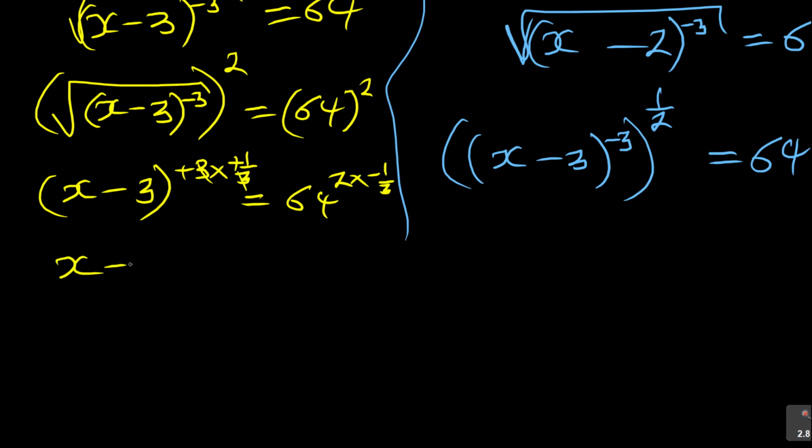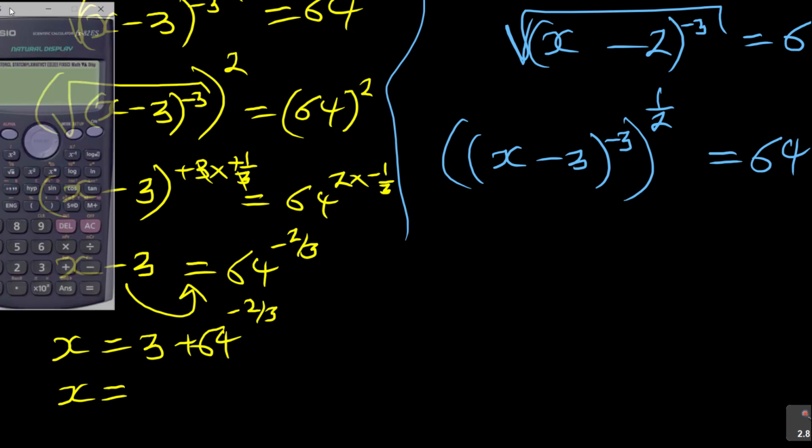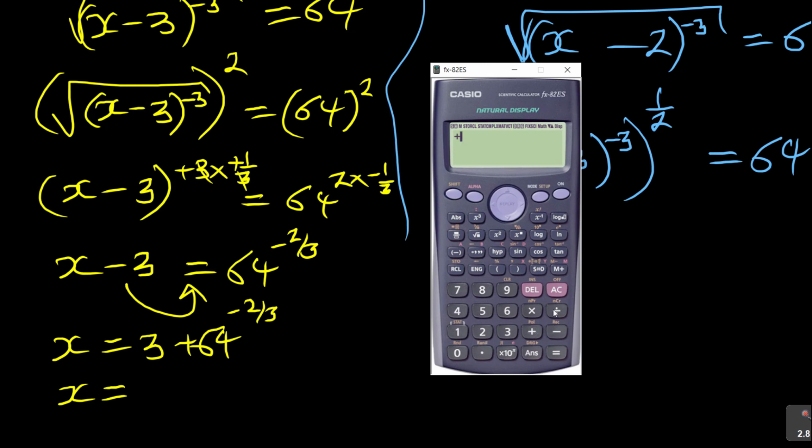So you've got x minus 3 is equal to 64 to the power -2/3. You can use a calculator for this. Take -3 to the other side, so x is equal to 3 plus 64 to the power -2/3. What is my x? I'm trying it that fashion and see what it is giving me. So it's 3. You see, I usually like writing my answer the last part, just to leave it like that,